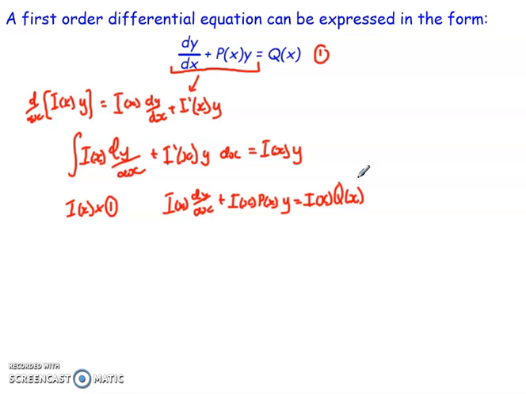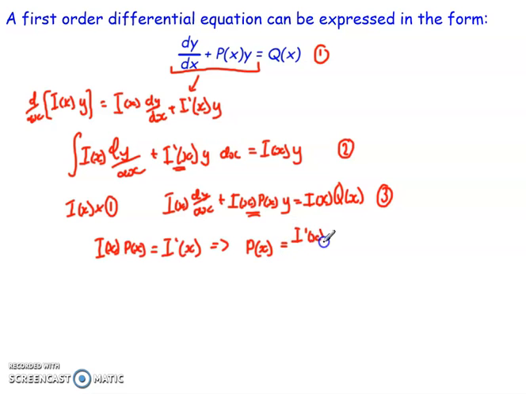Now I'm going to take these equations, label this one as equation 2 and this one as equation 3, and compare the coefficients of y in both of those. Comparing the coefficient of y here and the coefficient of y here, I can say that I of x times p of x is equal to I dashed of x. That means I can rewrite it and say that p of x is equal to I dashed of x